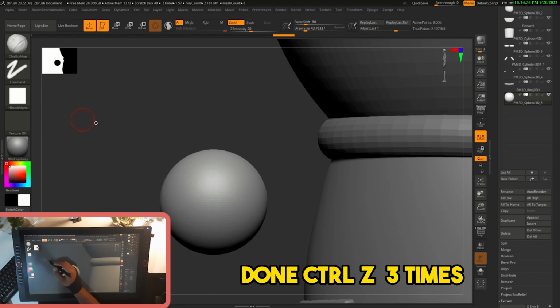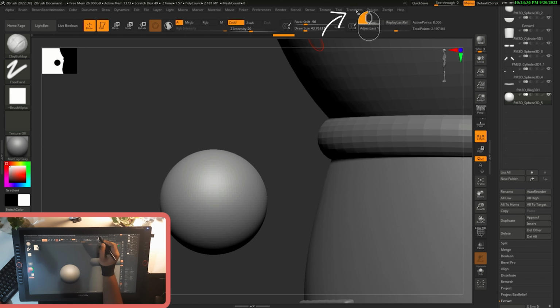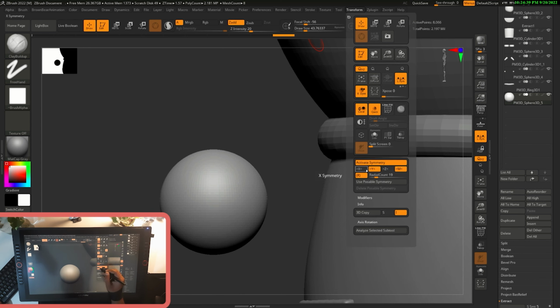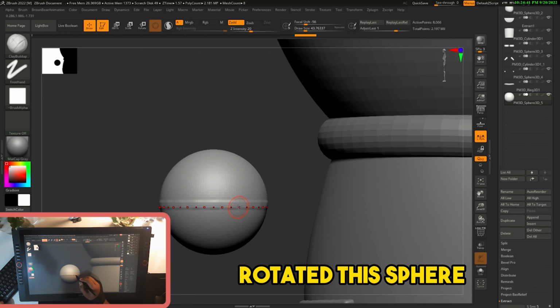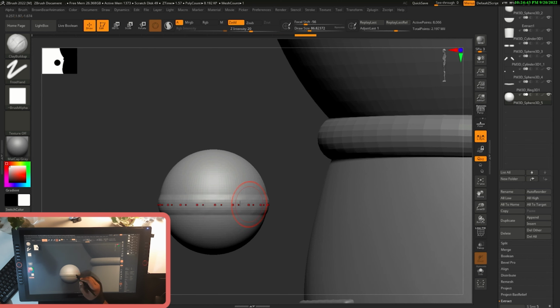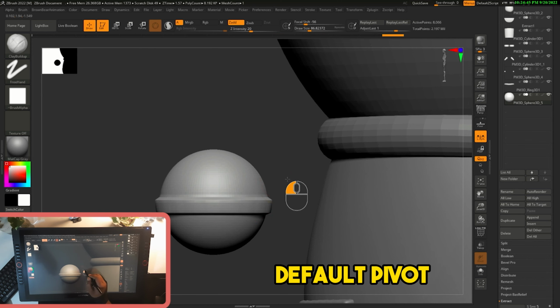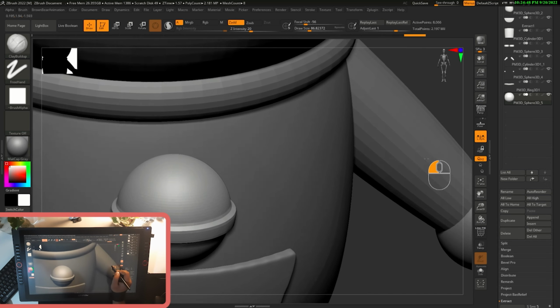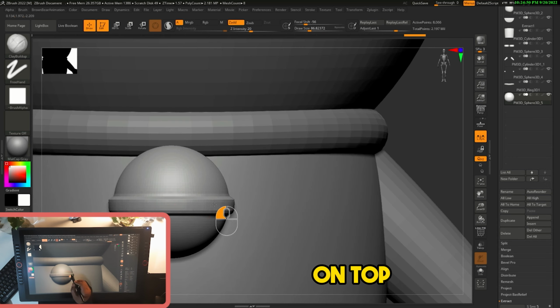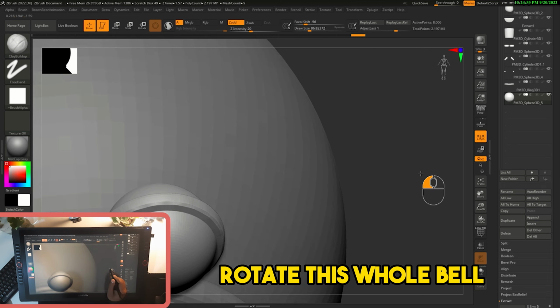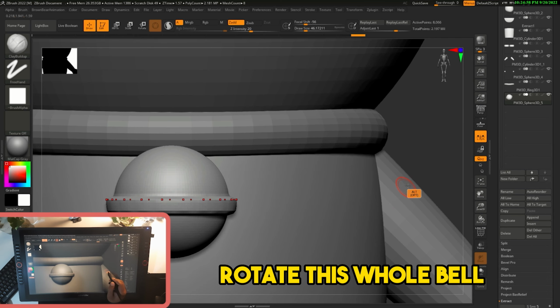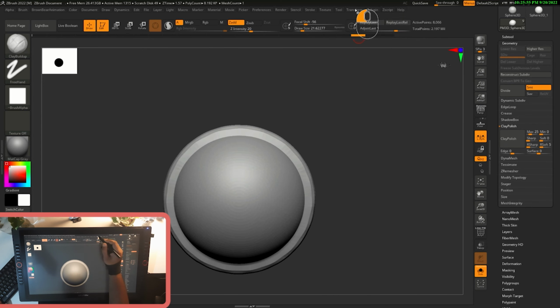I have pressed Ctrl 2-3 times so that I can go to this default axis. Earlier I have rotated this sphere, but I want this sphere in a kind of default pivot option so that I can just sculpt this kind of shape on top of this. Then later on I can rotate this whole bell with the gizmo. I have activated the symmetry